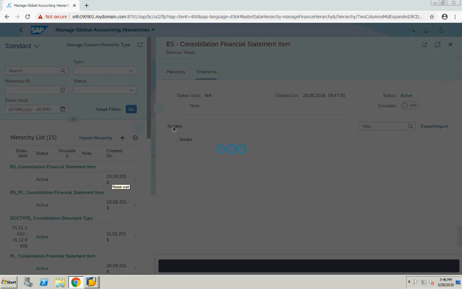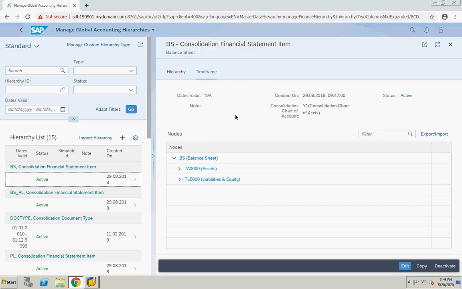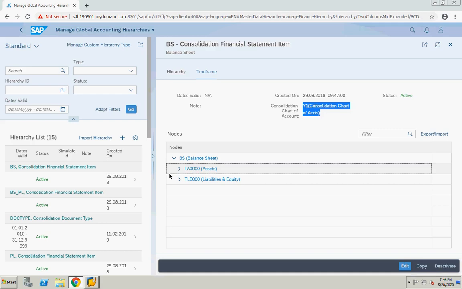When I go here, I don't see anything relevant to Y1. But when they search here, the consolidation chart of accounts is there. But here in the hierarchy, you don't see those things. It is not concatenating or adding that name to these particular nodes.